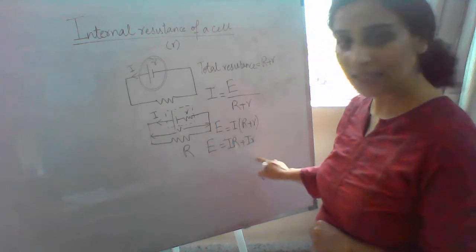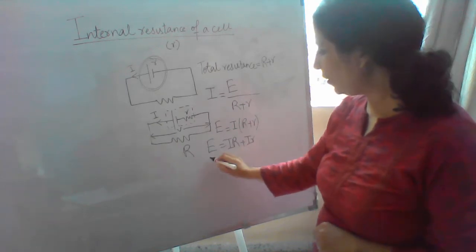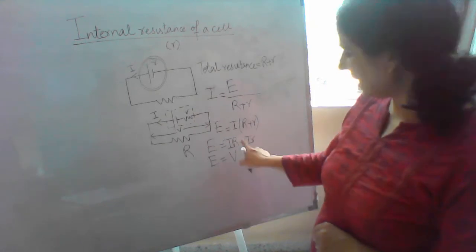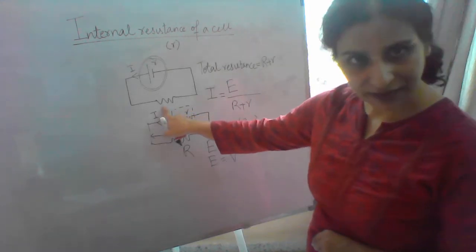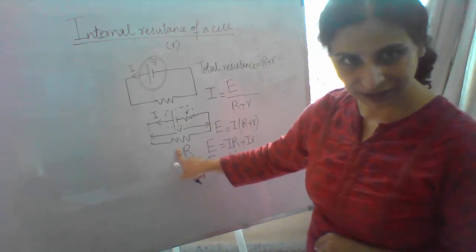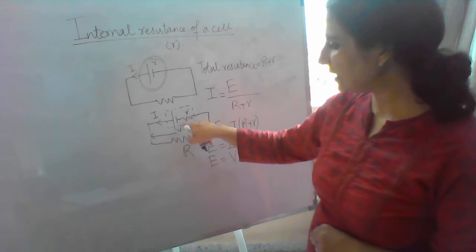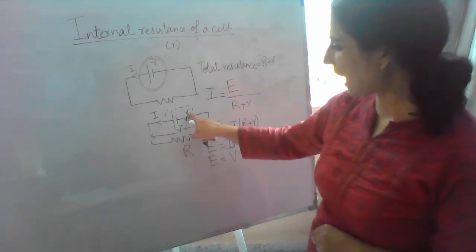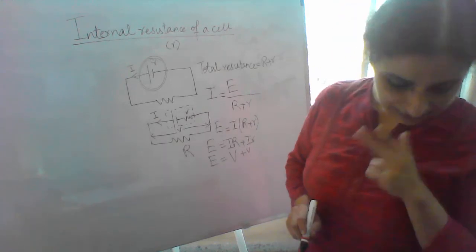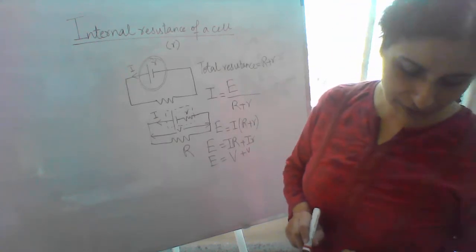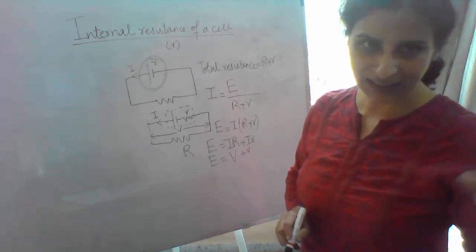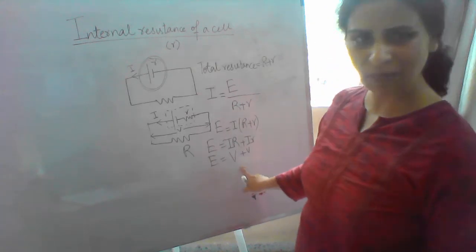with the terms inside the bracket, this is going to give me capital V, because it is the current flowing through the outside resistor. Current flowing through the outside resistor will give me potential difference. Current flowing inside the resistance r will give me the potential drop. Okay, so basically we have drawn the same thing which we were drawing with the work done upon the charges. The previous derivation is giving us the same answer.